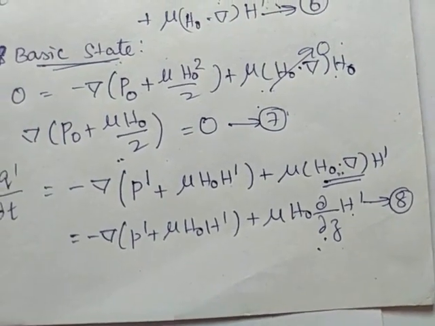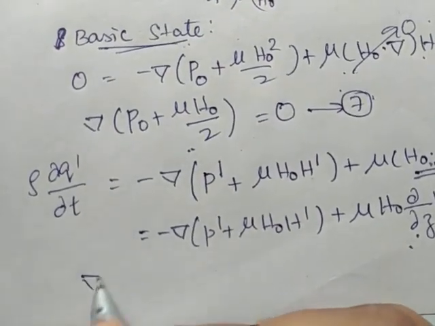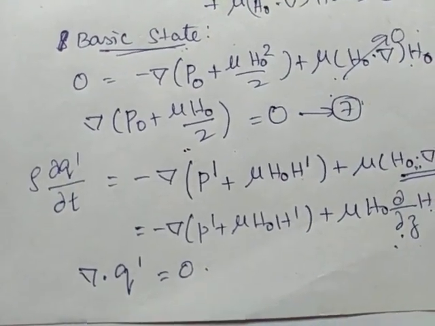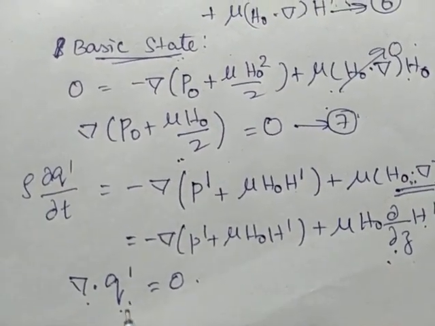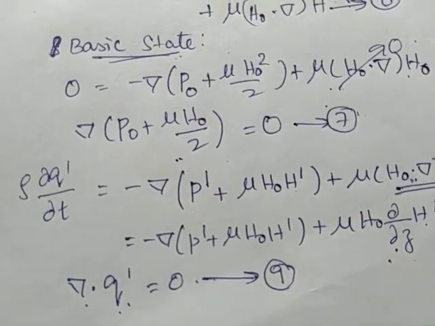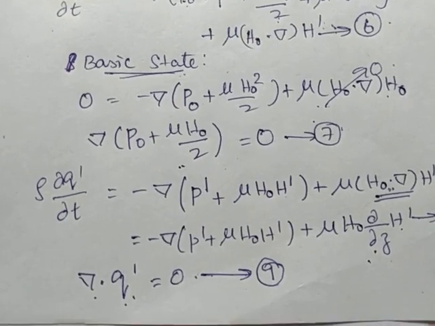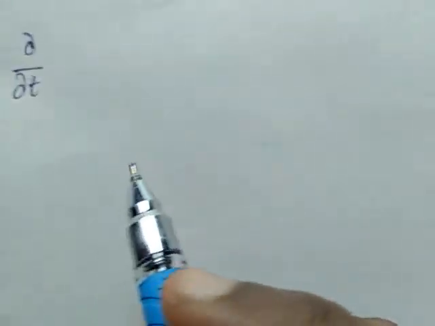Now I am going to consider the next equation, that is our continuity equation. So what is our continuity equation? Del dot q is 0. Now we are having del dot q dash is 0, from equation 2, where we have del dot q is 0. This is our perturbed equation. I'll take it as 9. Now we are going to consider the magnetic field equation for the perturbed state. The magnetic equation is dou H by dou T on the LHS. So H should be replaced by H naught plus H dash.